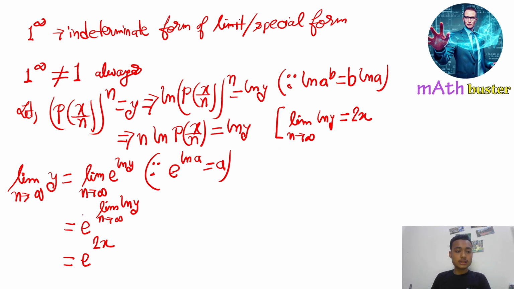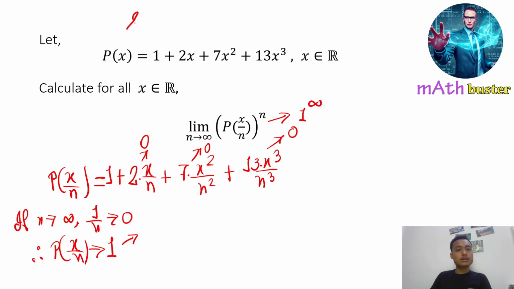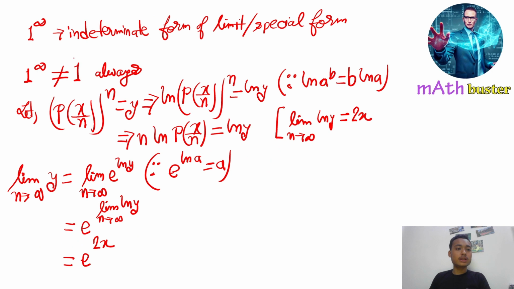So this is nothing but limit of n tends to infinity of p of x by n to the power n, which is e to the power twice x. And you can see that here 1 to the power infinity gives e to the power twice x as the result,